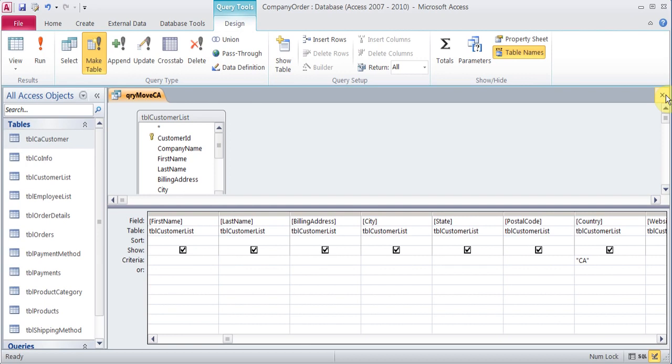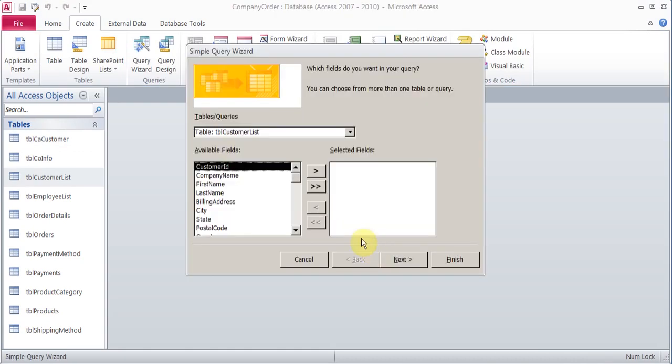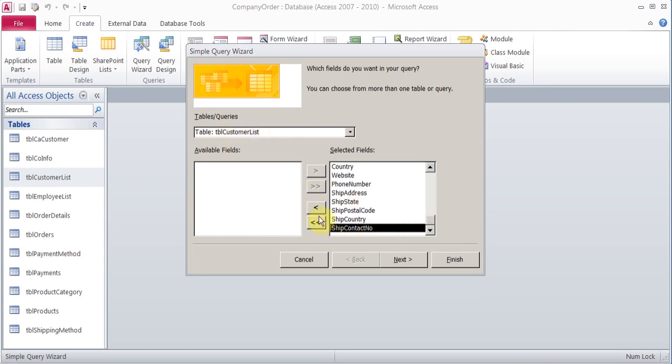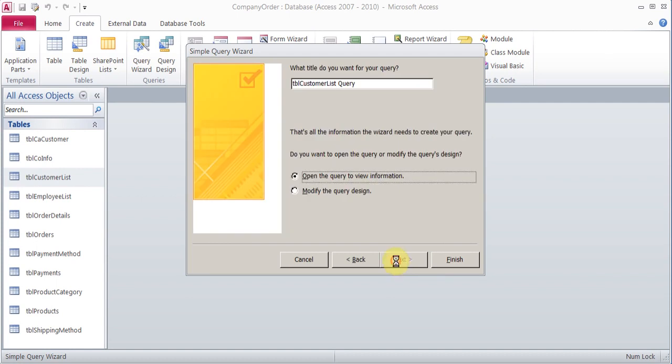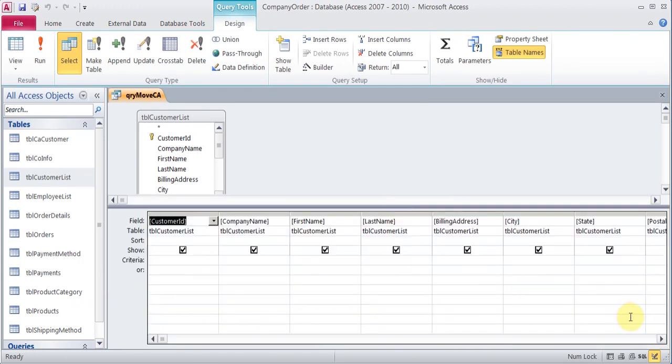So customer list, create query wizard, simple query. I click OK. I add all the fields. Because I had clicked on it, I can see it listed here, and you can always remove the fields you don't want. Click next, and I'm going to choose modify, and for the name I'll just give something like query move CA. Click finish. So in the country I can type CA, because